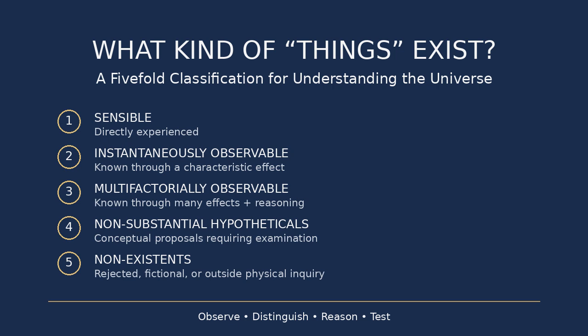Part 4. Why multifactorial variables matter. This distinction is particularly important in physics. Suppose we see a projectile moving through the air. The projectile is sensible. Its trajectory is observable. Its speed can be measured. But the concepts we use to describe its motion, force, momentum, impulse, acceleration, gravitational influence, are not all objects that can simply be held in the hand. They are explanatory physical quantities, or relationships inferred from measurable behavior.